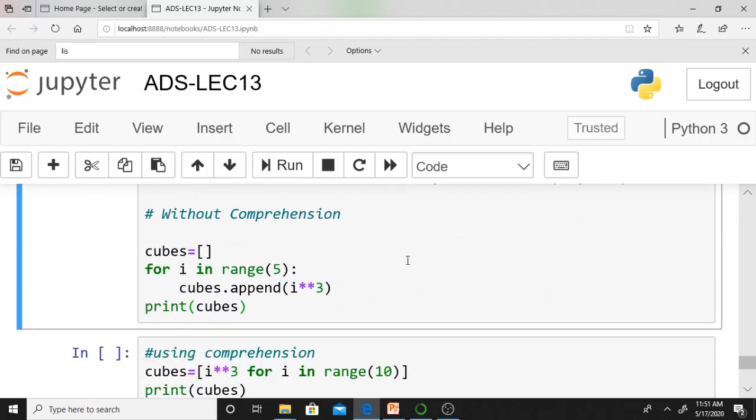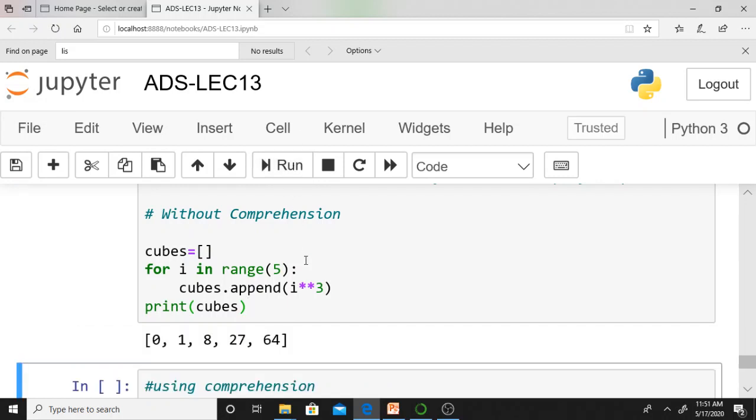It is a simple thing. Just we created an empty list, cubes. For i in range 5, we already discussed the range function. Range 5 means 0 to 4. cubes.append, we are appending. First i takes 0, 0 cubed will be appended to the cubes list. Then 1 cube will be appended, 2 cube, 3 cube, 4 cube will be appended. 5 means 0 to 4. All the elements will be appended to the cubes list.